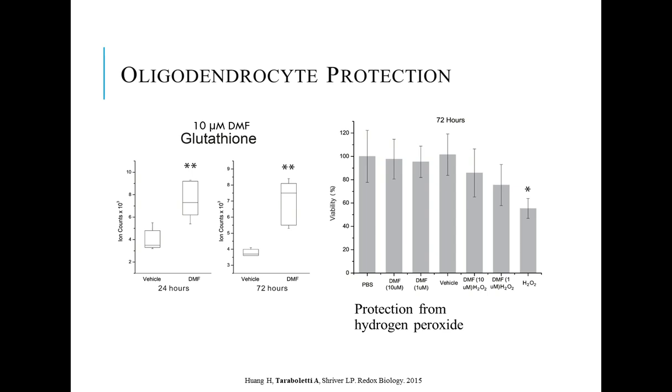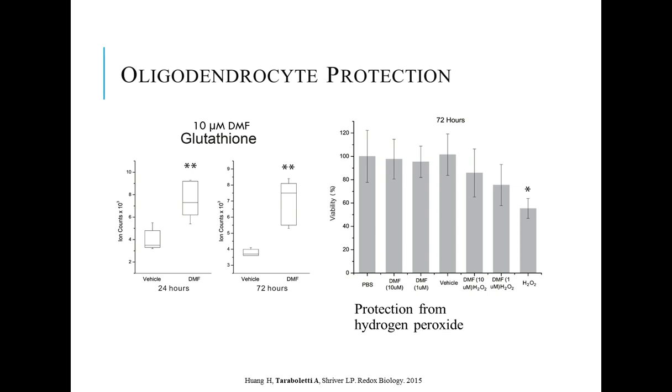And we showed that when you pretreat the cells with DMF, as our metabolomics led us to believe, this increase in antioxidants also led to protection of cells from oxidative damage when they're treated for up to 72 hours prior with the drug. In this case, shown here, published, is when they were treated with hydrogen peroxide, which is just another inflammation-inducing treatment.